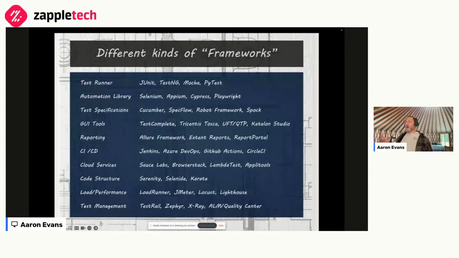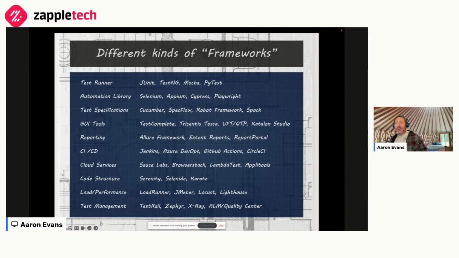Some other frameworks might be, there are some like all-in-one tools. I grew up using a tool called WinRunner, or Silk Test, or Quick Test Pro, which is now called UFT. Some commercial tools, or some tools that have open source versions like Katalon. Test Complete and Tricentis Tosca are other tools that are kind of this all-in-one tool based around a GUI for writing test automation. That could be considered a framework or a piece of that framework puzzle,